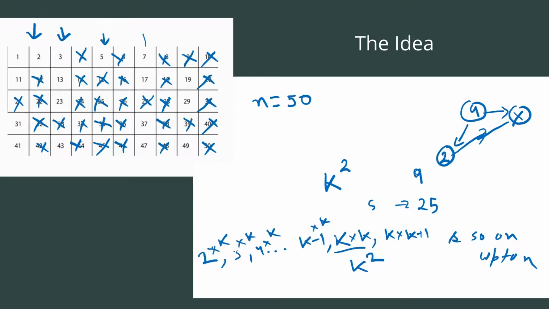And for 7, we move to the next unmarked element, that is 7. Then we start from 7 square, that is 49, and we'll eliminate. Now we'll move to the next unmarked element, that is 11. 11 square is 121, and our n is equal to 50. So we don't have any number to eliminate. Similarly, for any number greater than 11, like 30, 70, the squares of those numbers are greater than 50. So nothing would be eliminated for their multiples. So we can stop at 11 and the numbers that we're left with are the prime numbers up to n.